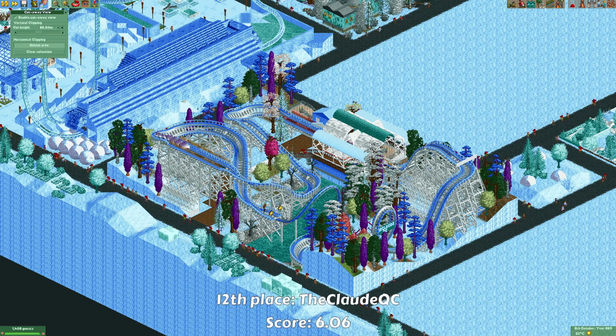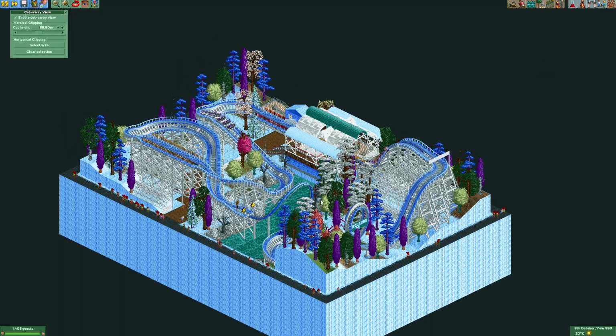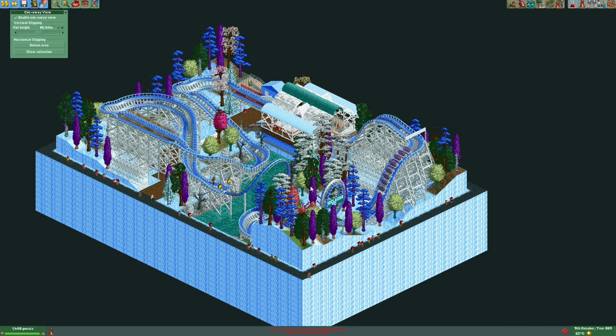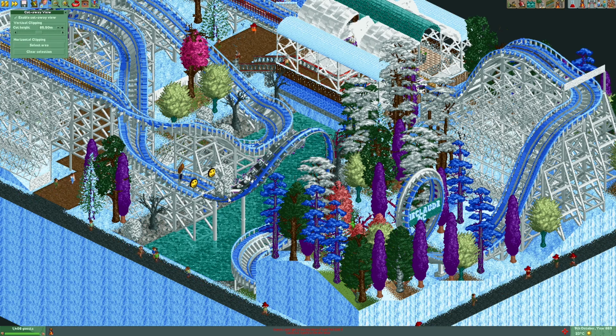Alright, next plot is from the Claude QC. Now it's quite a colorful plot. The foliage has all these interesting colors. Not really sure if these colors fit too well in the theme that was chosen, but it does make for a striking plot. Now, track is mostly wooden coaster track, but over here we also have some LIM coaster track,